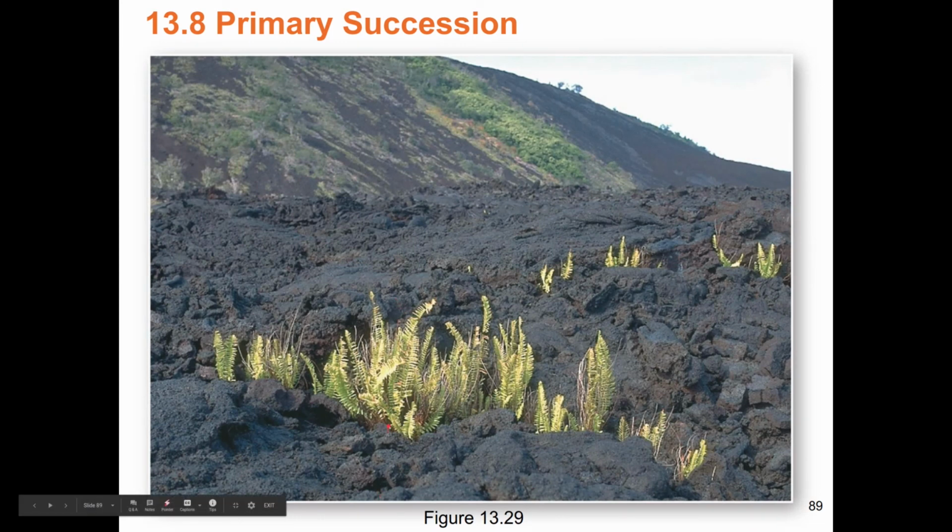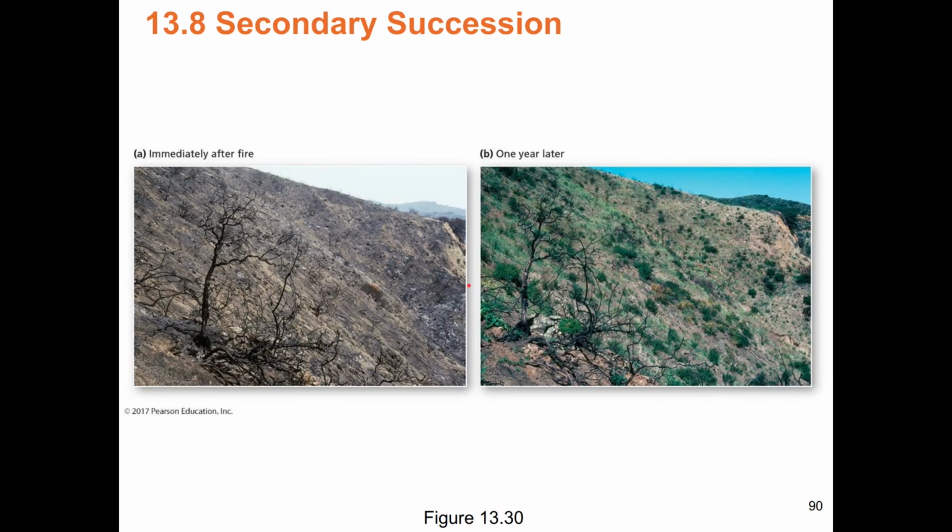So here we've got primary succession taking place on a lava flow in Hawaii. Secondary succession after a fire. So this would be an example of what I was talking about. This tree still looks like a stick, but this bush right over here looks like it's re-sprouting. So I'm just going to hope it's a manzanita and it had a large root ball or burl underground that stored energy. You can see these other shrubs. Looks like they just popped back just fine. So this is secondary succession. Looks like everything's dead. But below ground, the soil is still there, and below ground, some plants are still alive.